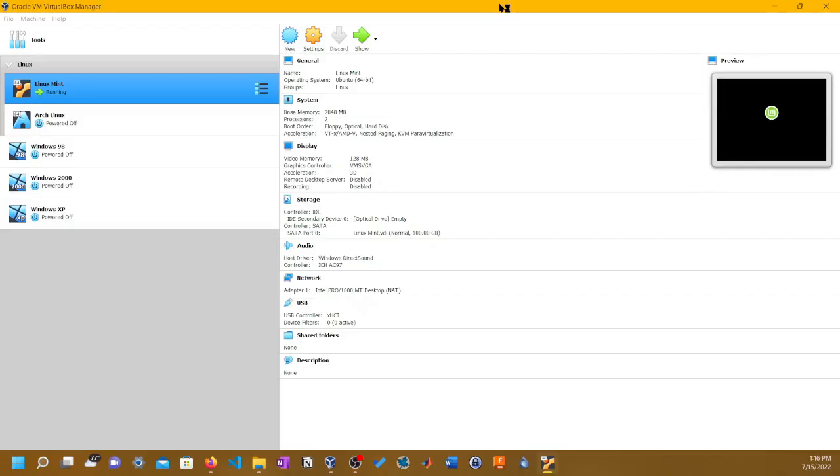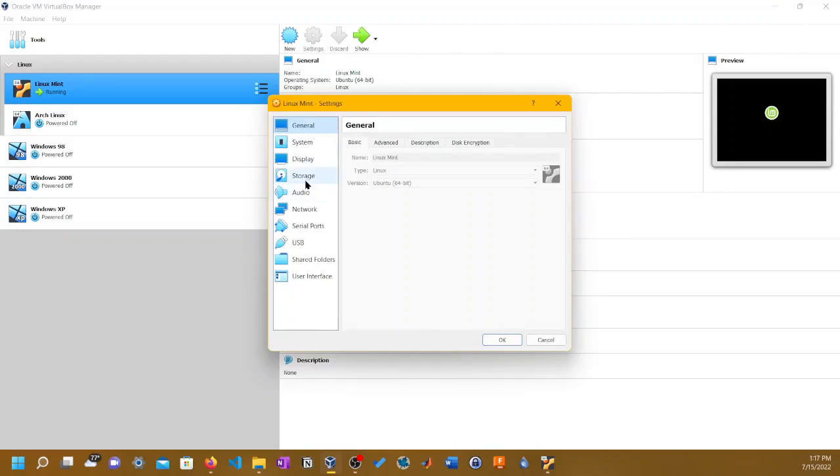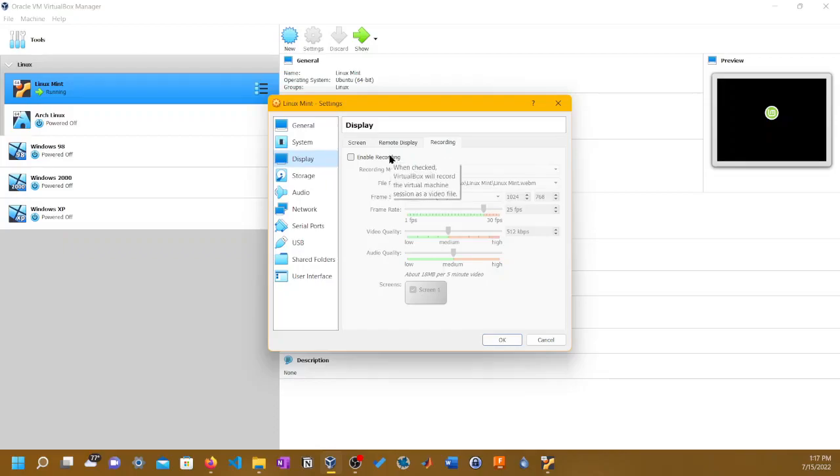Wait, I don't know if I actually... Hold on. You can actually see the preview right there. You can see how it goes. Let me make sure. Let's go to display. Let's go to recording. Oh, let's enable recording. Let's keep it that way, okay?